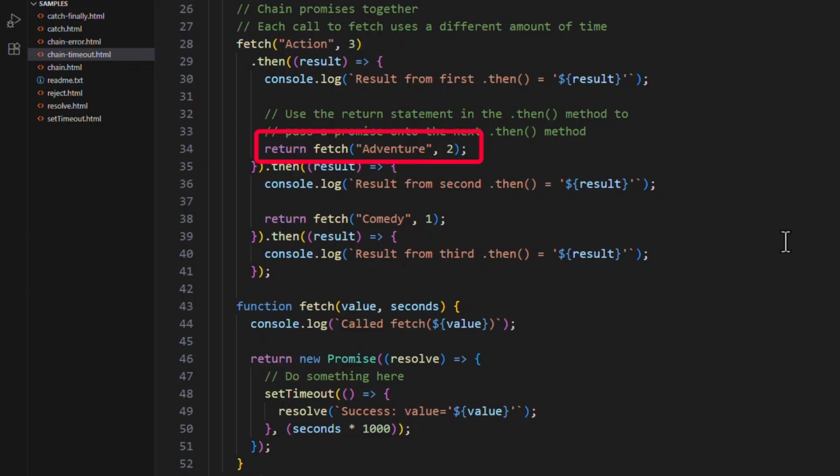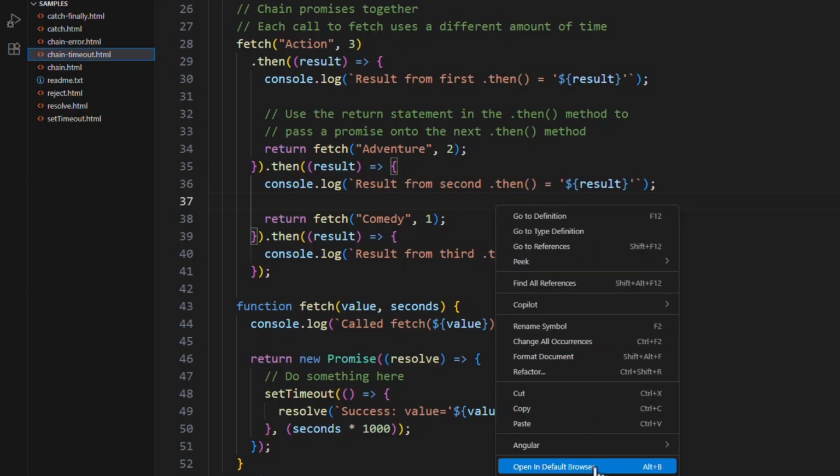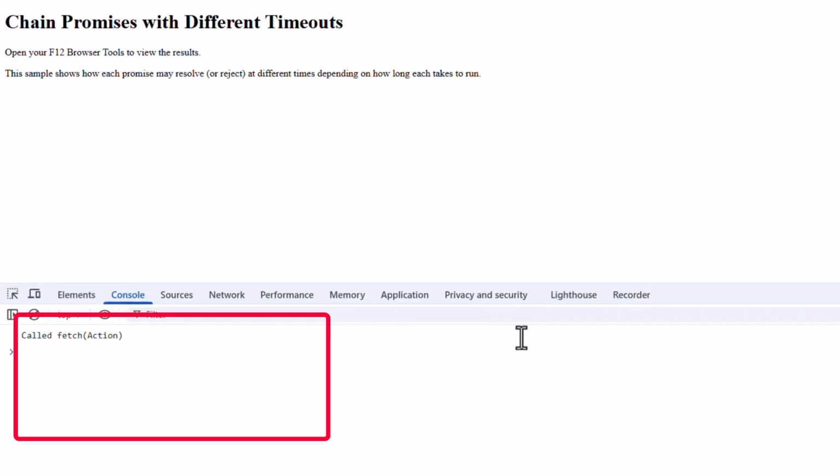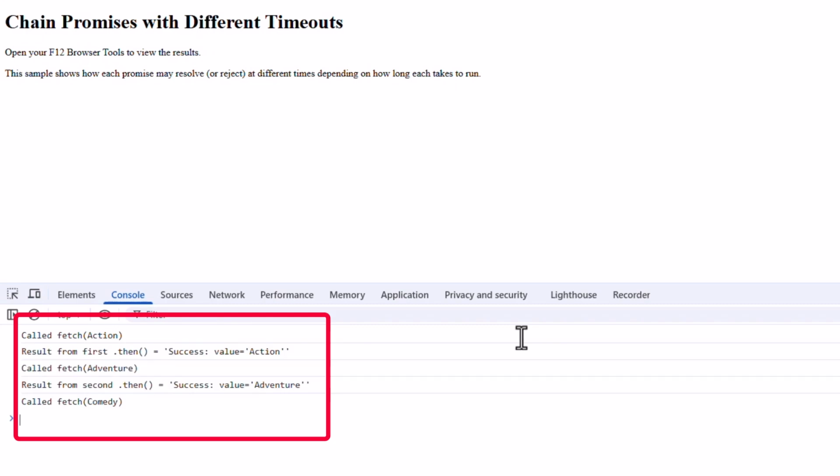And then look at the next one, return fetch adventure, 2. That gets resolved. It goes into the next then, and we then return fetch comedy, 1. So you can see I've got different timeout values, right? So 3 seconds, 2 seconds, and then 1 second. Now let's think about what's going to happen here, right? If I run this and we bring up the window here, we see called fetch action. That takes 3 seconds. Then adventure takes 2 seconds, and then comedy finally resolves, but it does it after just